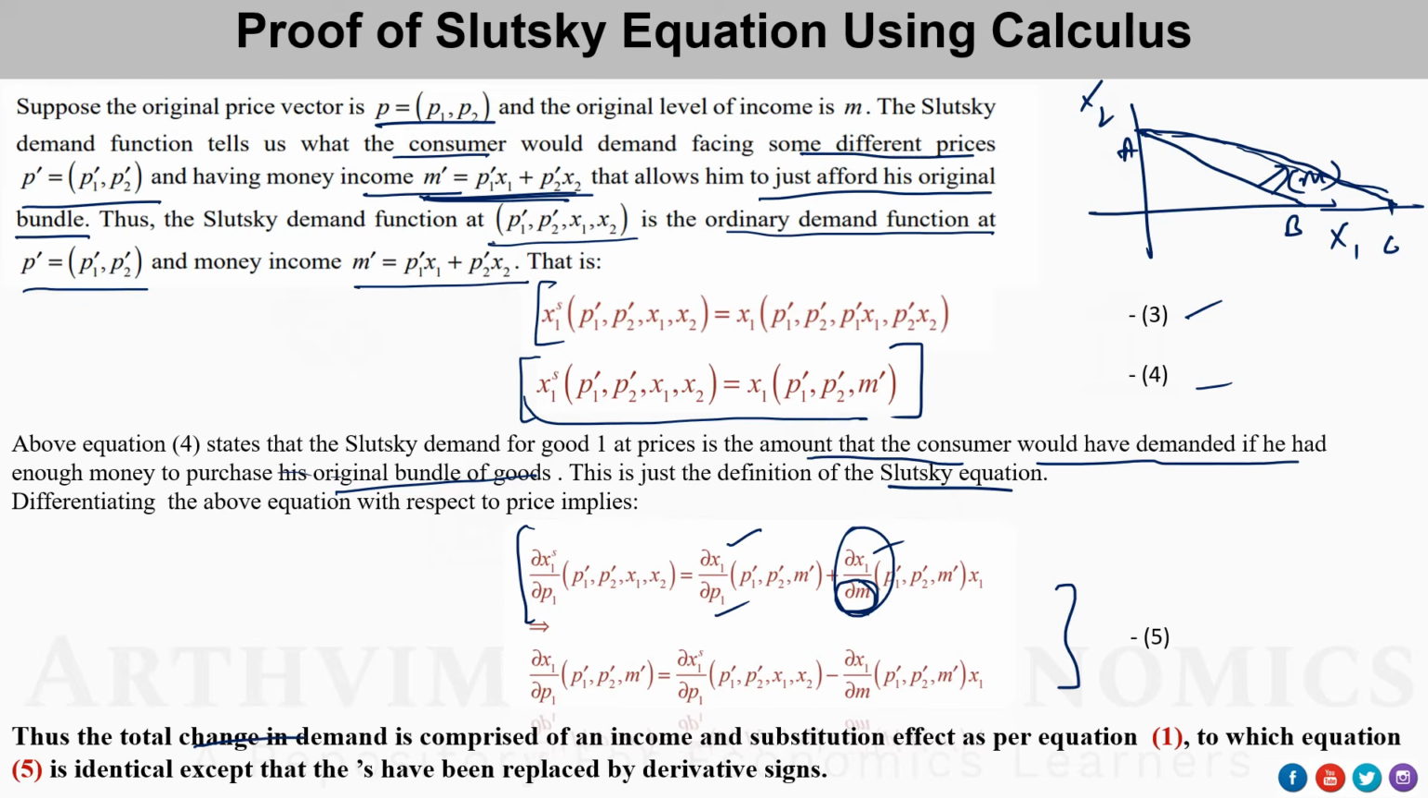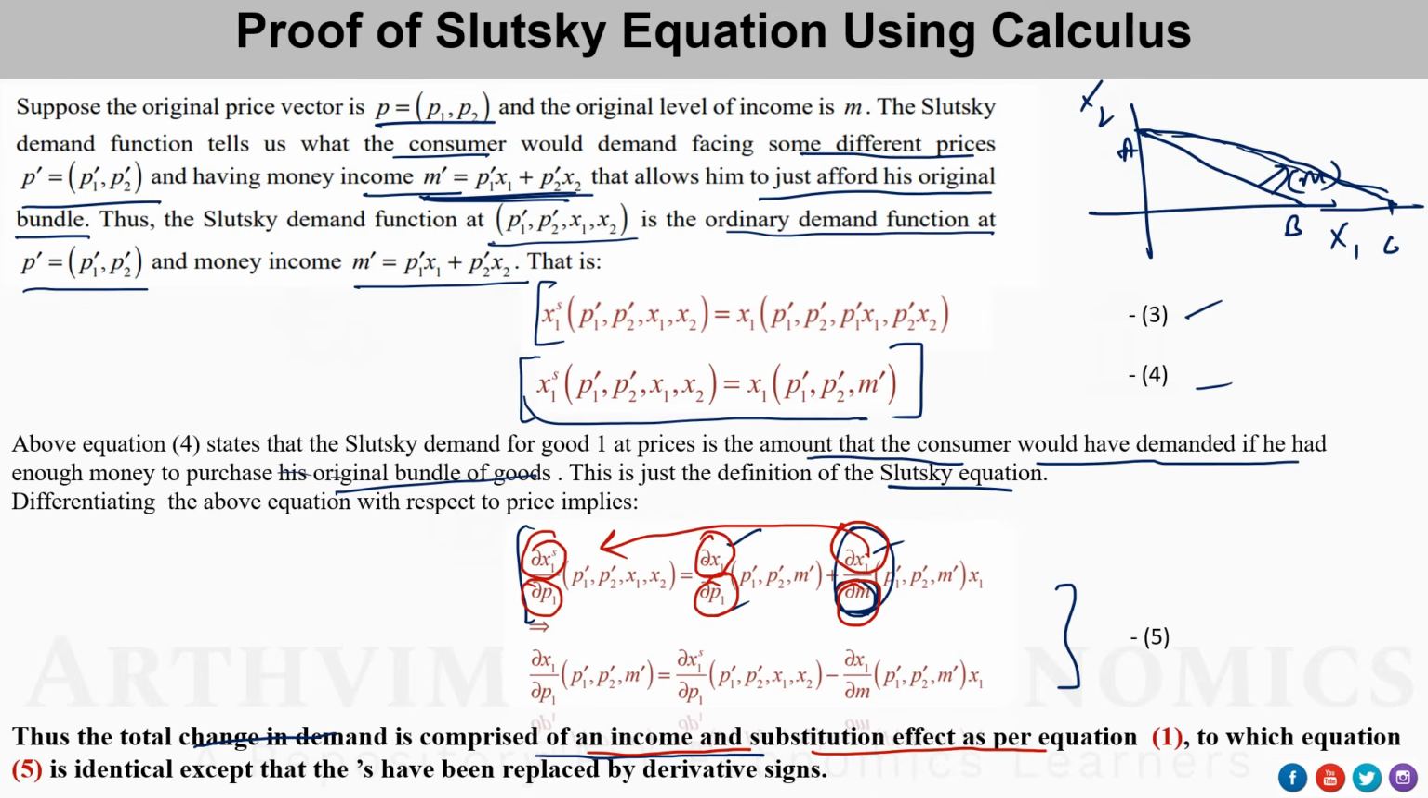So the total change in the demand is comprised of these two effects, that is the income and the substitution effect, right? So this substitution effect due to change in price, it's being explained. I mean it's explaining the change in demand with respect to price and change in demand with respect to income, or if we simply transpose these sides,